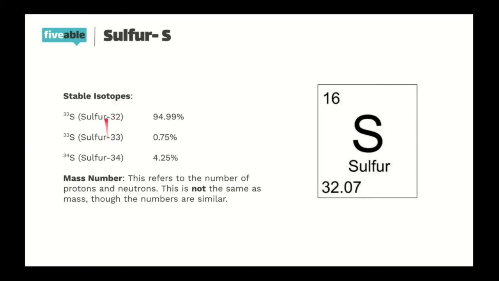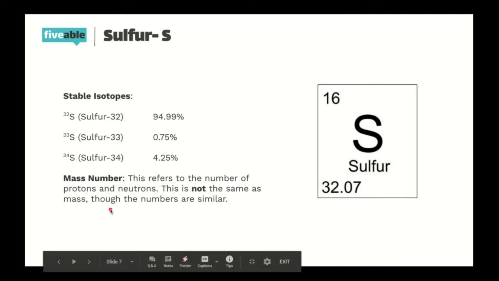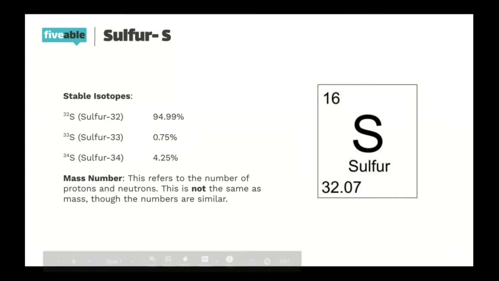Because for sulfur, there are actually different types of sulfur atoms. So remember, sulfur has 16 protons, but we oftentimes will indicate elements in different ways. For example, we have sulfur 32, sulfur 33, and sulfur 34. These are the stable isotopes of sulfur, meaning that there are other unstable types, if you will. The number up in the upper left-hand corner, or the number after the hyphen here, is called the mass number. This mass number refers to the number of protons and neutrons,